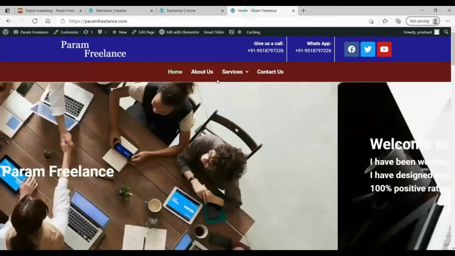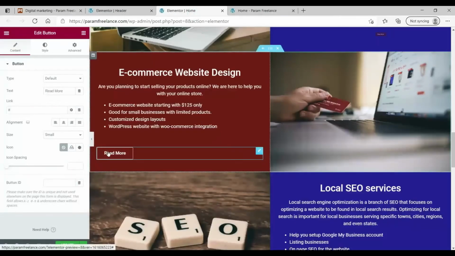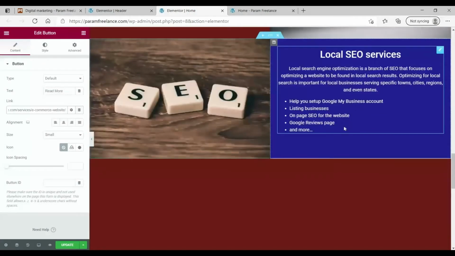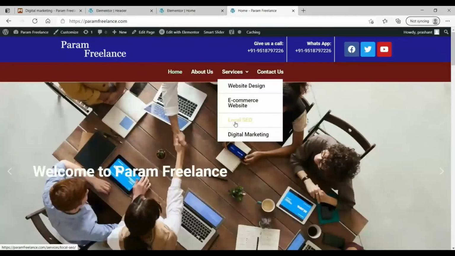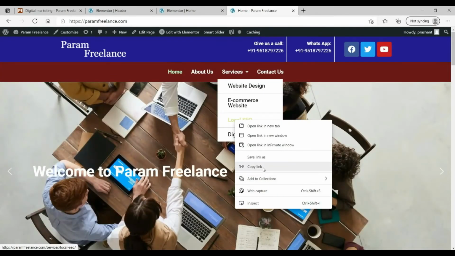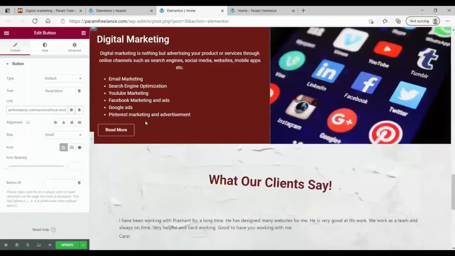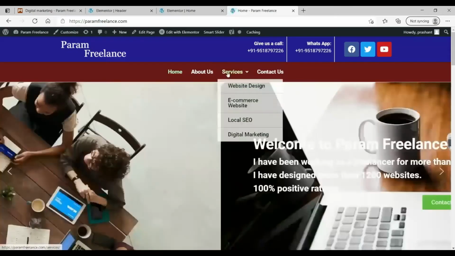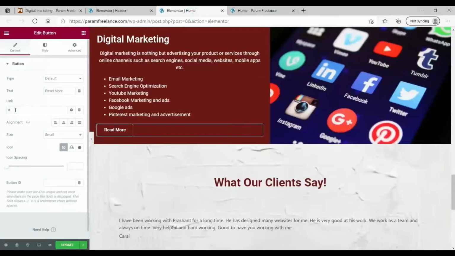Same with the e-commerce, copy the link, select the button, paste it. Select button, paste the link. And update the page.